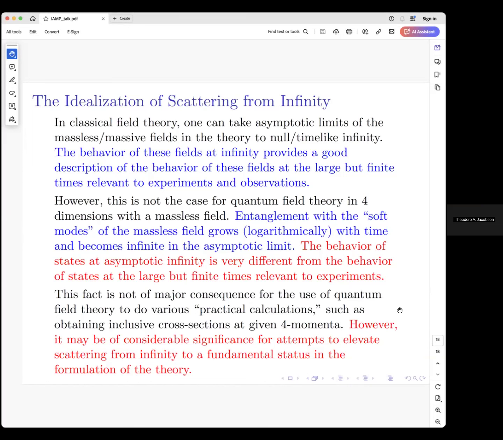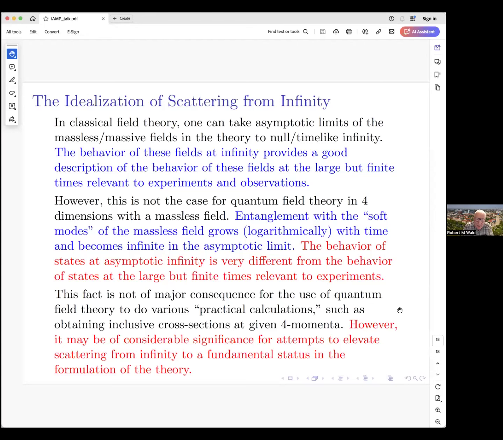My question is about what sets the scale of the logarithm that you referred to in terms of the growth of decoherence, like if I imagine the electron released from a trap. So if it's log t, it must be log t over some other time scale. At least in the back of the envelope calculations that we've done, that would be the time scale over which the electron is released from the trap.